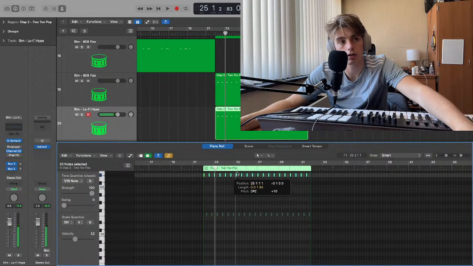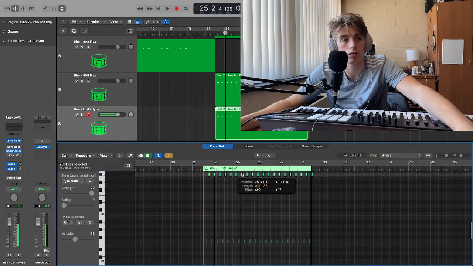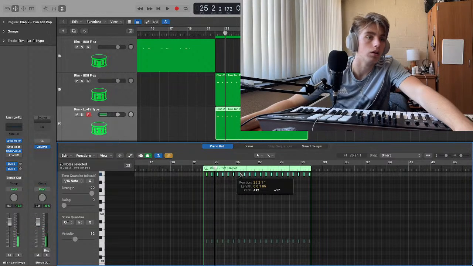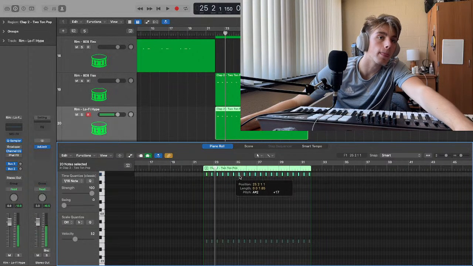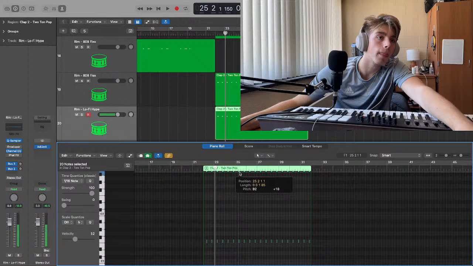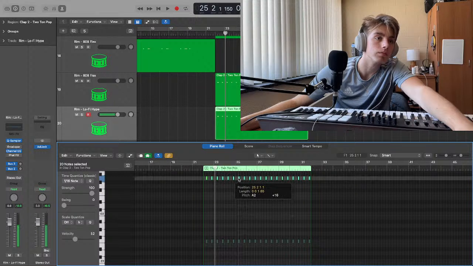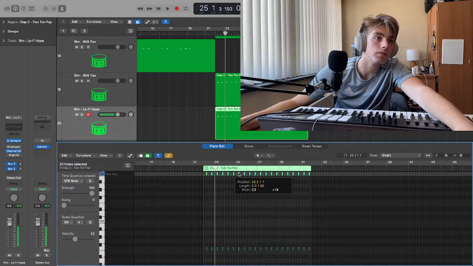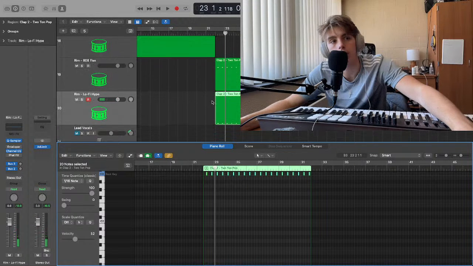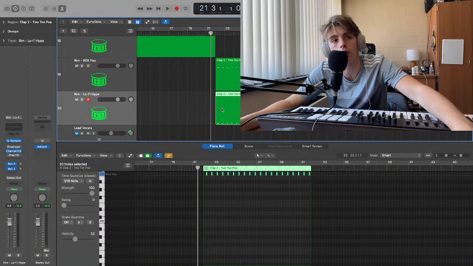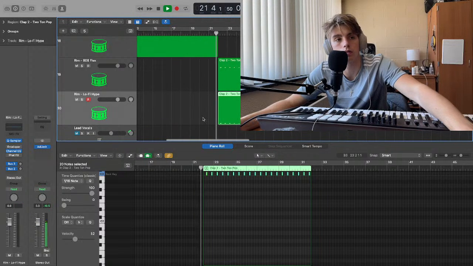I can't tell if I want it higher or not. We're gonna try it really high because all the other elements are pretty low. So we're gonna try this higher and see how this goes.